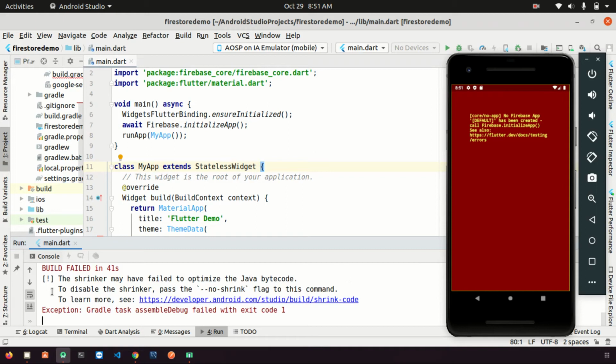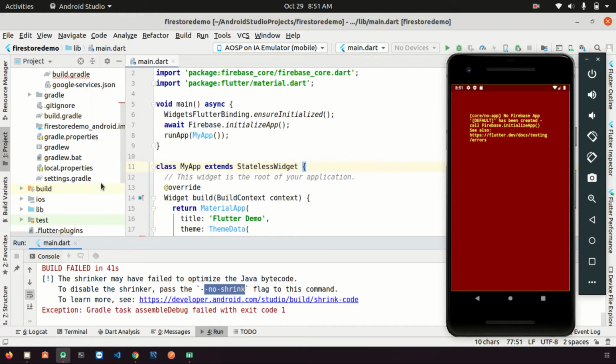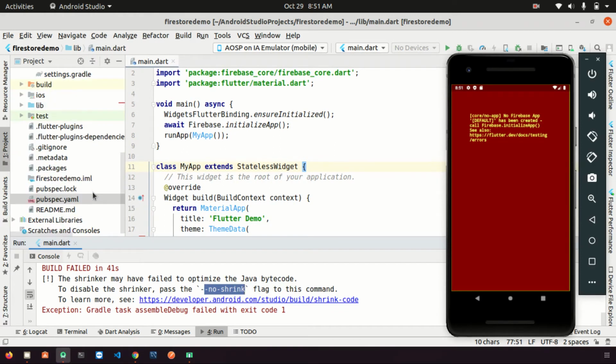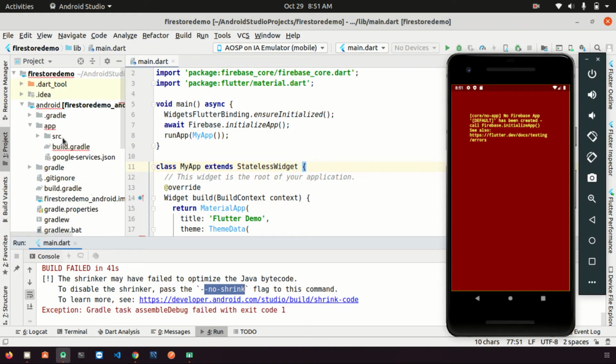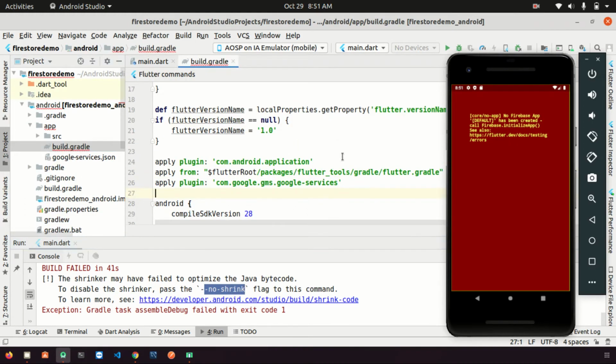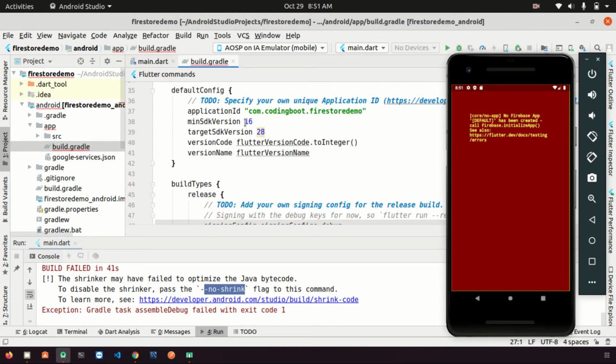So now we are seeing here: the shrinker may have failed to optimize the Java bytecode. Okay, so the shrinker may have failed, so disable the shrinker. You can use either this one, or, if the shrinker is not supported in the lower version of your Android, just go to build.gradle, where the minimum SDK is 16 here, right?